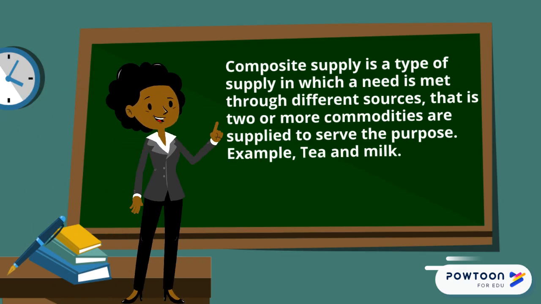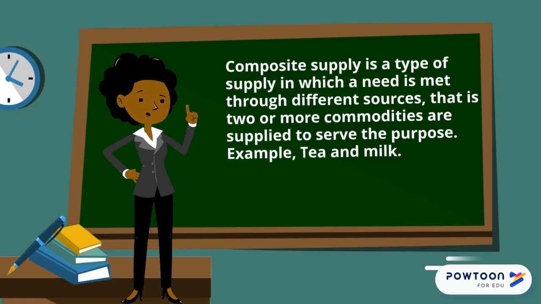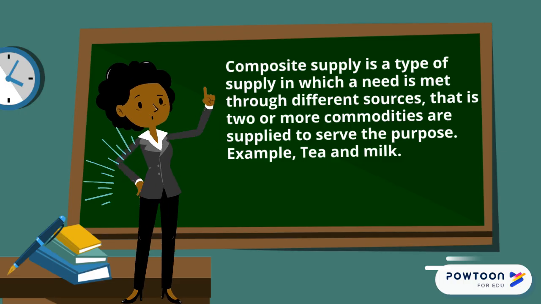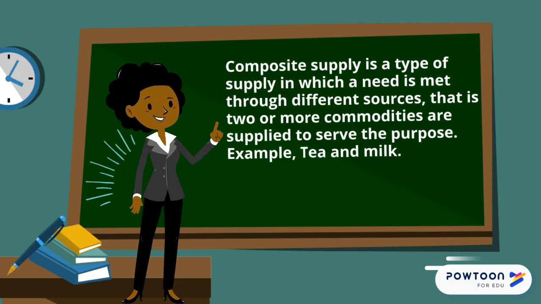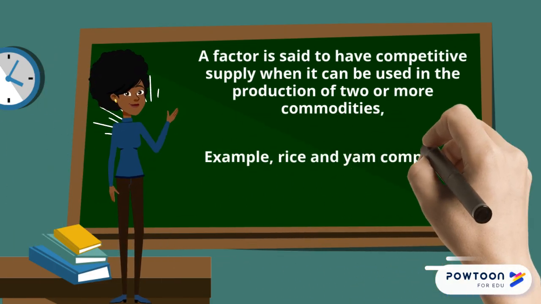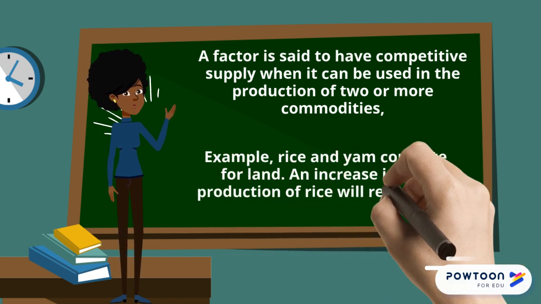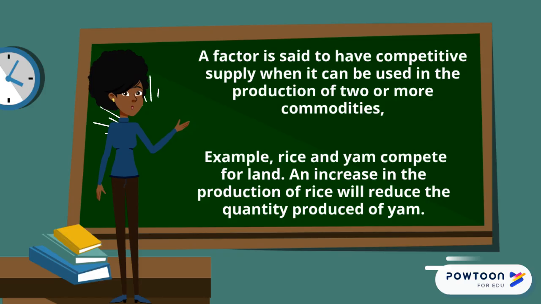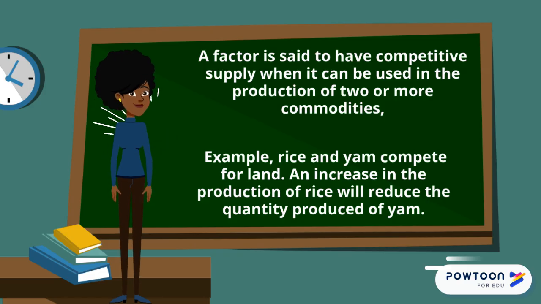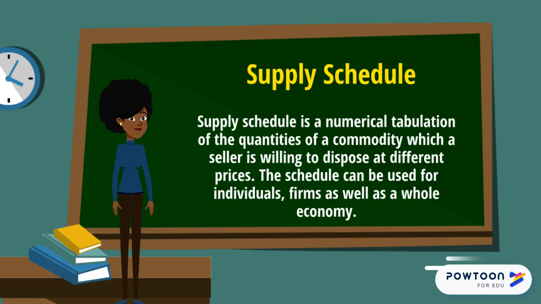Composite supply is a type of supply in which a need is met through different sources. That is, two or more commodities are supplied to serve the purpose. Example, tea. A factor is said to have competitive supply when it can be used in the production of two or more commodities. Example, rice and yam compete for land. An increase in the production of rice will reduce the